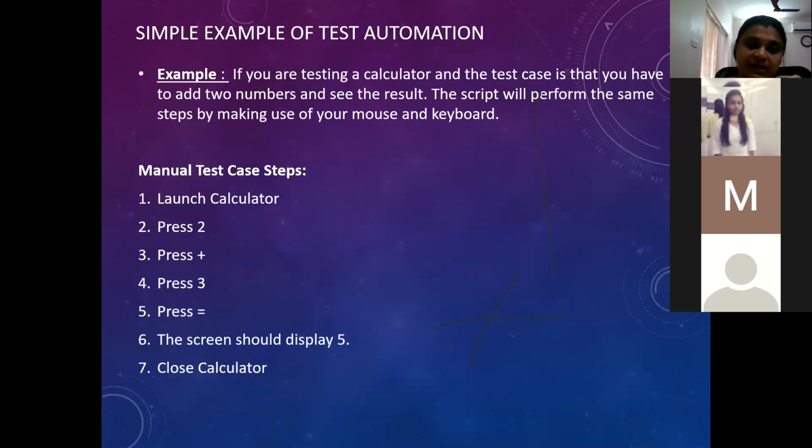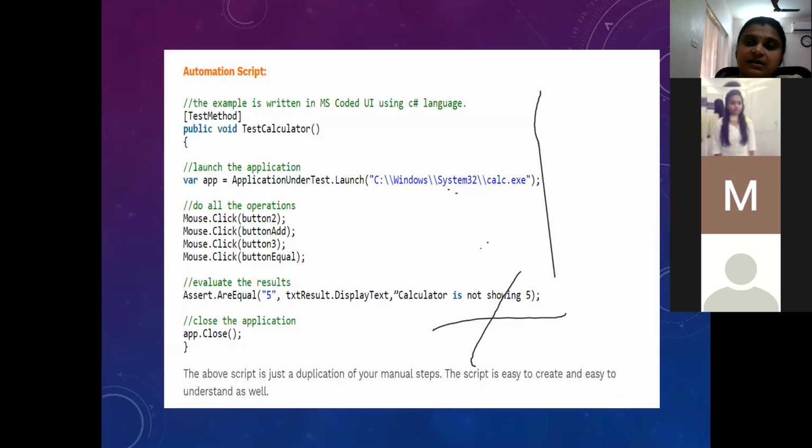See here, manually, I know the result is 5. I want to see if 5 comes. I check. But the script has to confirm. If you're writing an automated script for it, that has to confirm that you are getting a result as 5. How is it getting ensured? This is the function available in most languages or any scripting that you use. We have an assert function, as simple as that. What are the two things that are compared here? The expected outcome as well as your actual outcome.